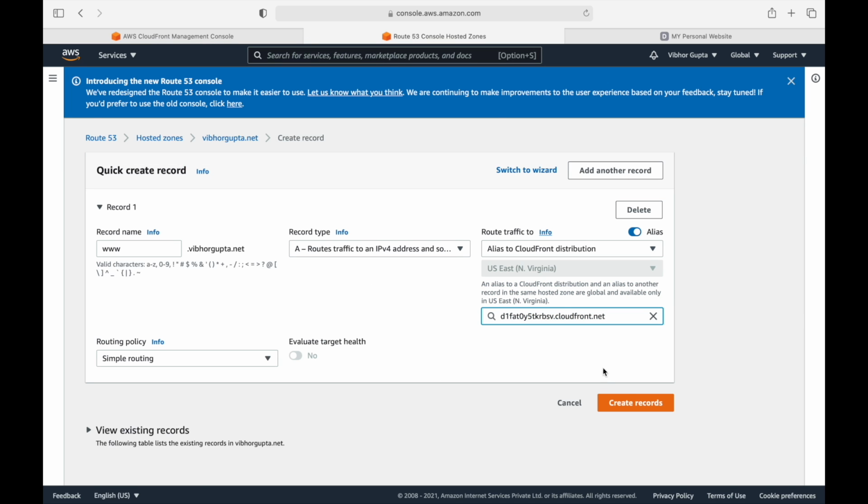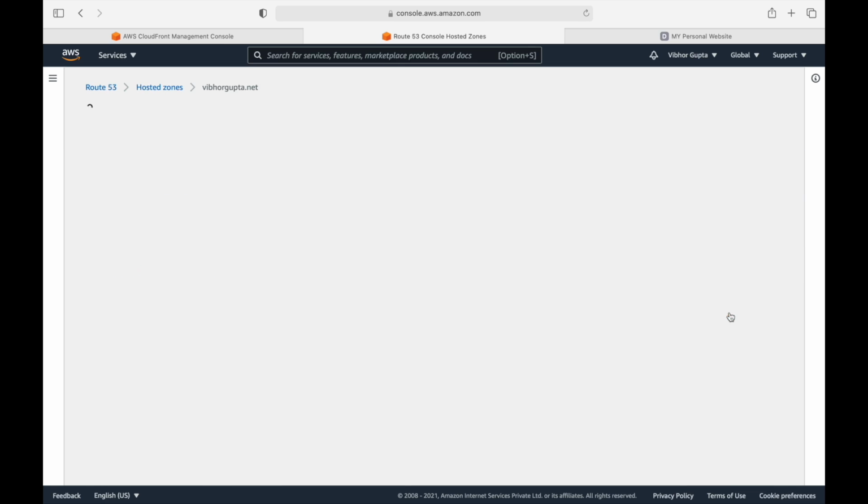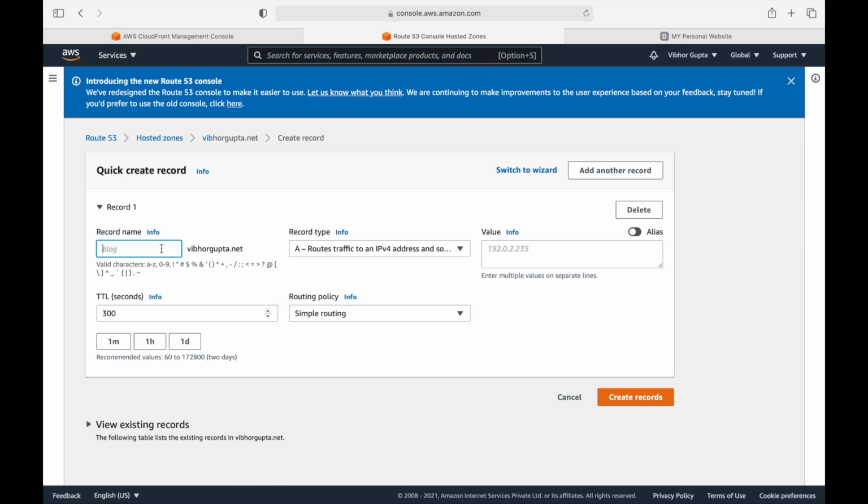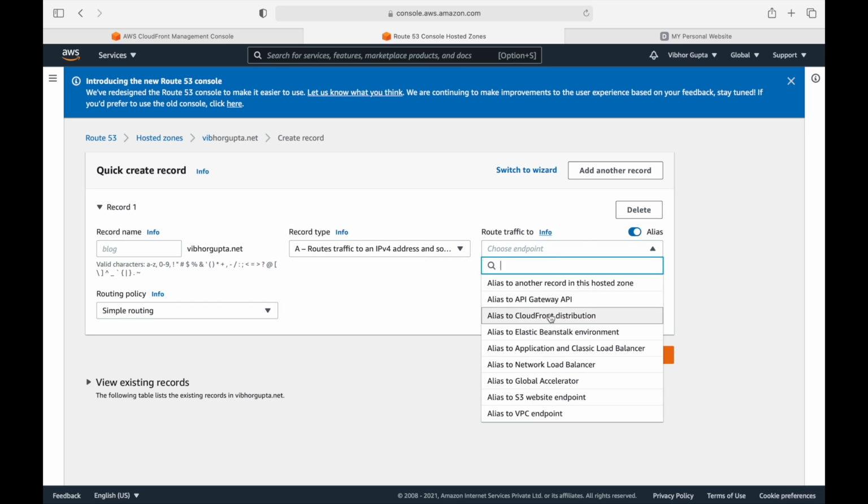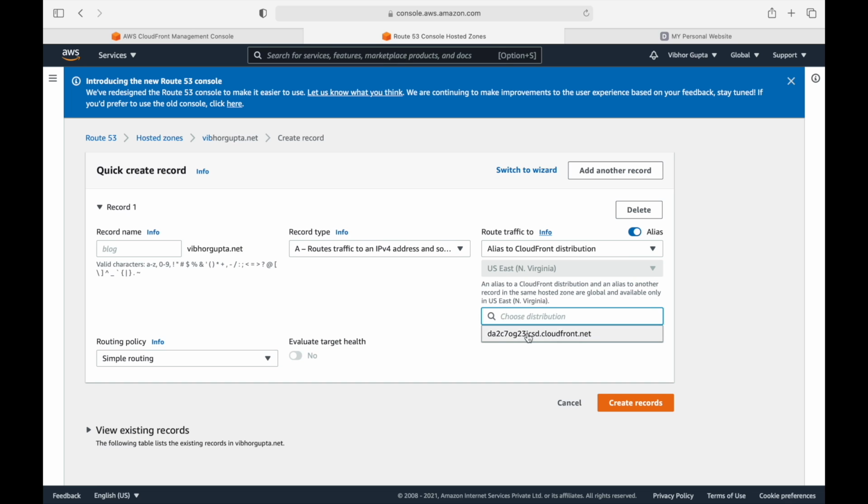So let's go back, click on create record, create another record. For the non-www version, A record, select alias, endpoint is CloudFront, and destination is this distribution. Let me cross verify this also. DA2C7.